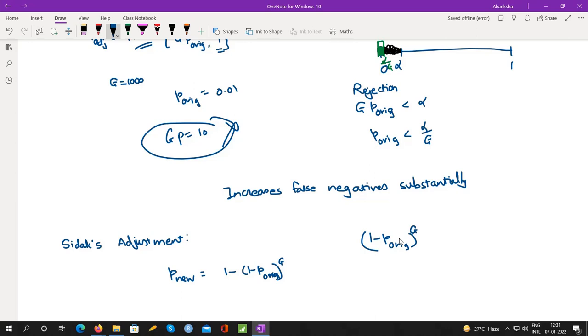What about others? Do they agree with him or do you have some difference of opinion? I think Sidak will be lower than this Bonferroni, because we have a condition like Sidak would always be less than 1, but Bonferroni would go to 1 very easily. Okay. Now, can either of you prove your argument mathematically? Because one of them has to be wrong, right? Both can't be correct.